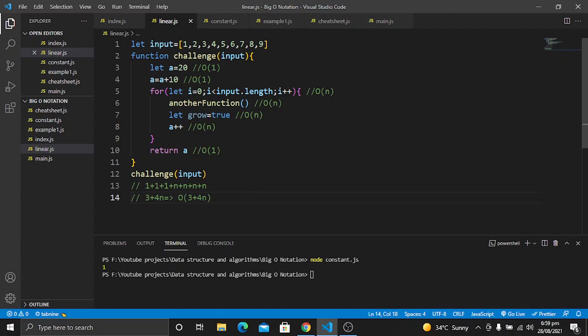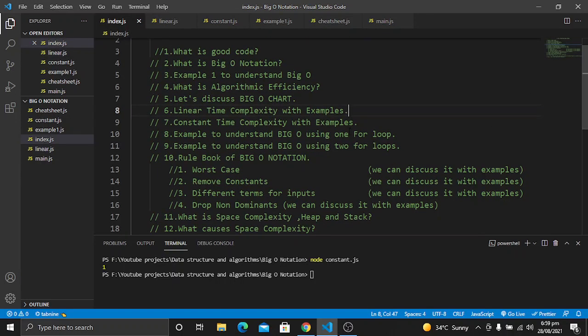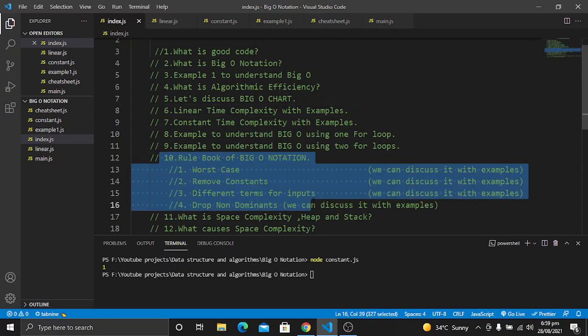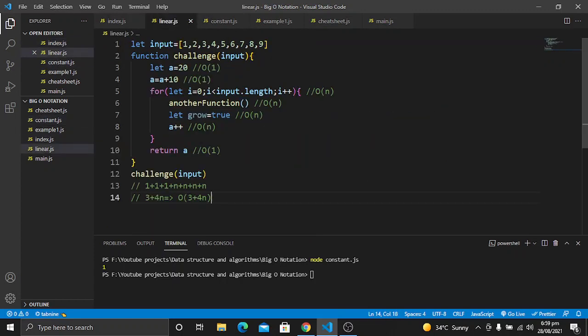In later parts we will discuss all of these rules with the help of examples. What these rules tell us to do is what to do when we want to calculate the big O notations.